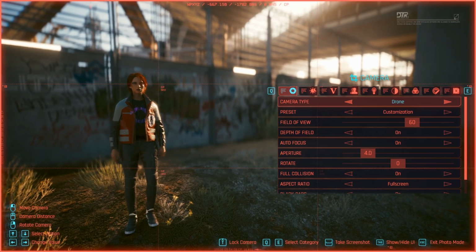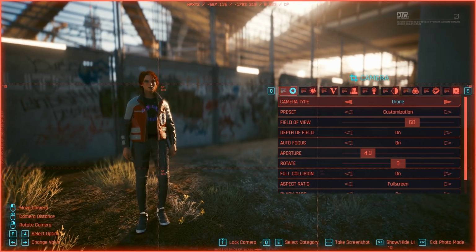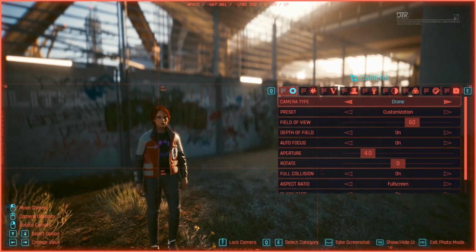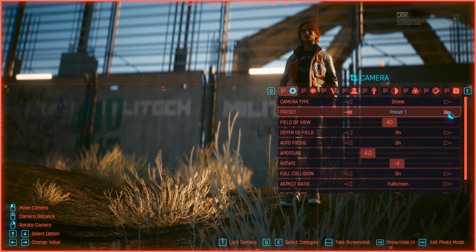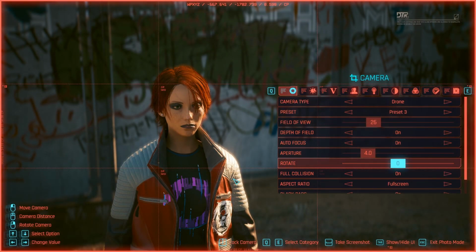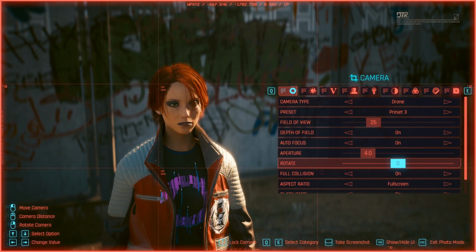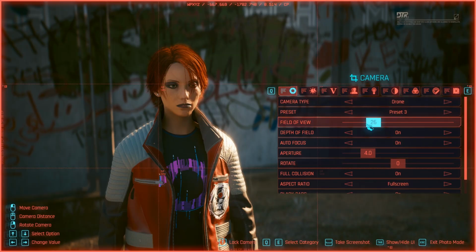And you can move the camera vertically or horizontally. That's horizontally, and that's vertically, using the left mouse button. We are also going to change our camera preset, and camera 3 is pretty good. So using the left mouse button, I'm going to adjust a little bit,